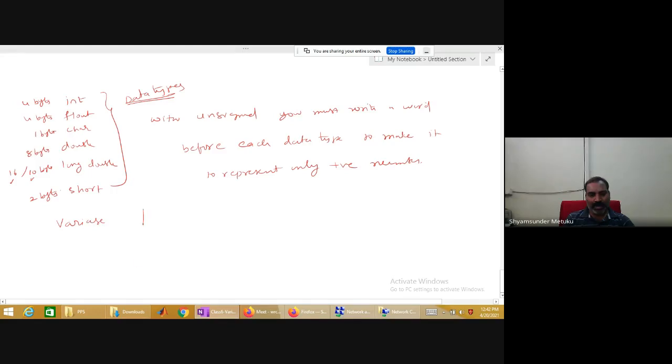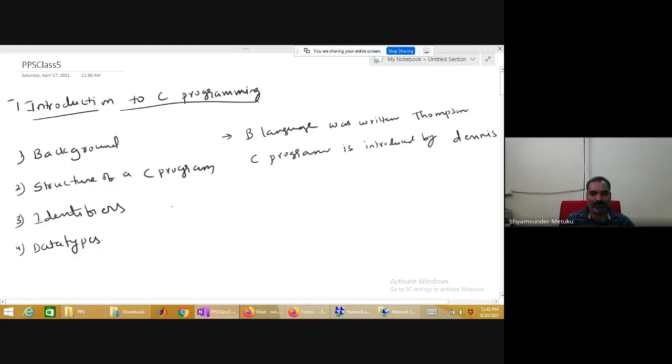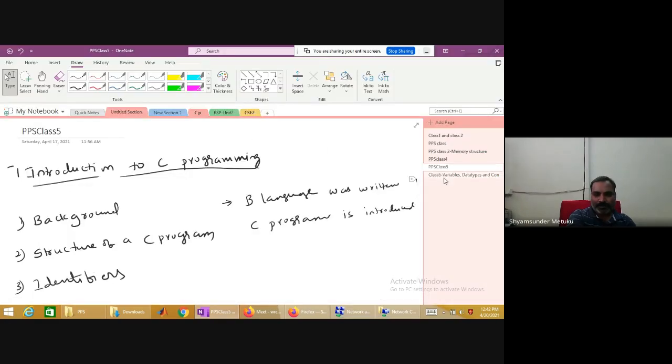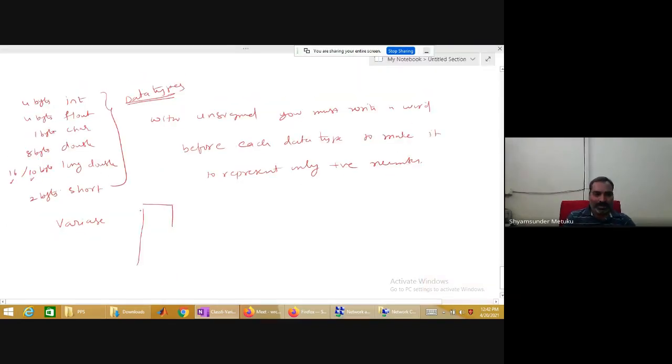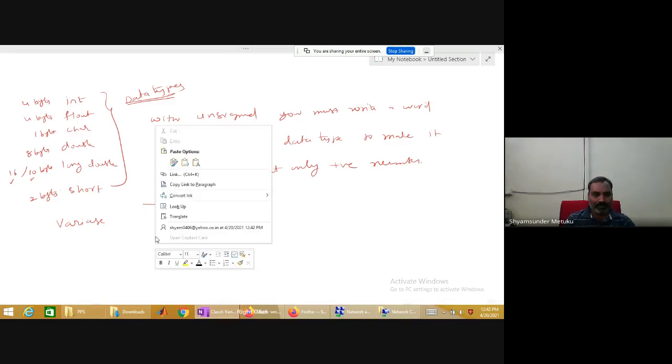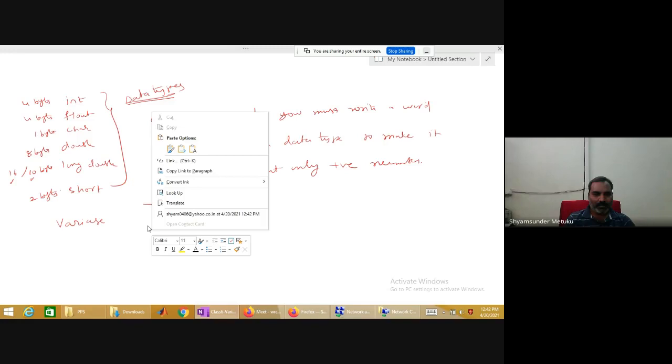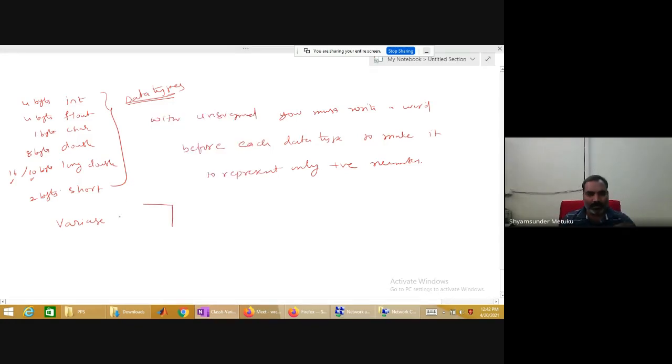It is any memory when you are requesting, when you are trying to request some memory in the RAM by asking a compiler.